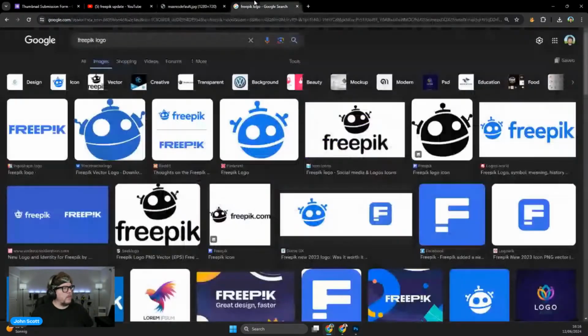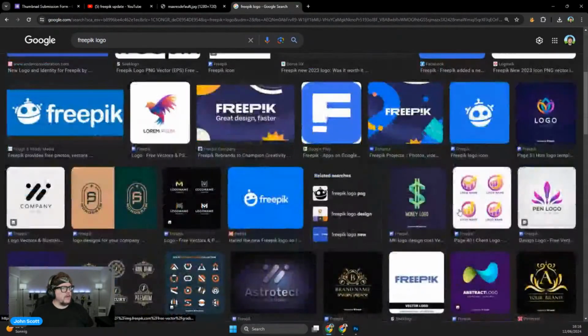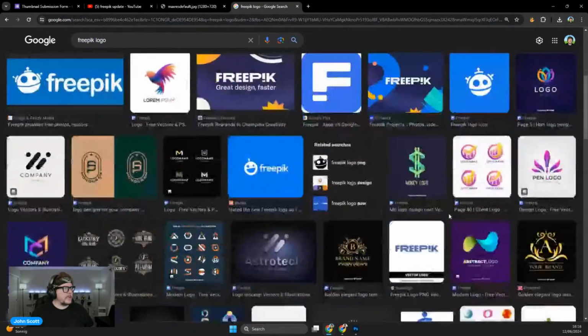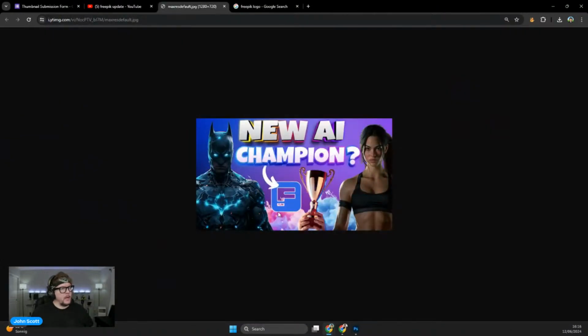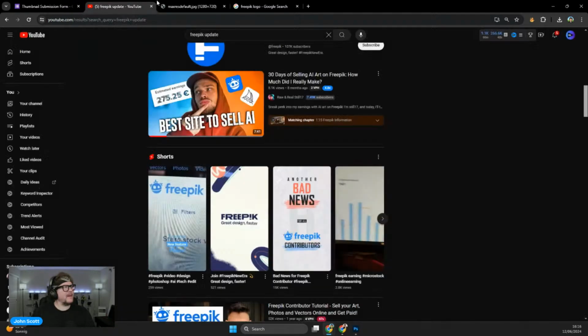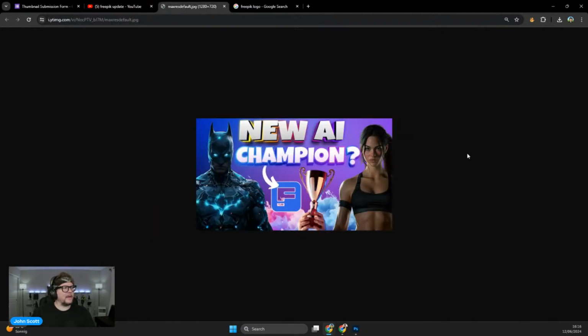Okay, so the blue and white might be something to focus on, because what you have is sort of like a cutout situation. Maybe fill that in with white. That might catch eyes a little bit. I assume that these characters are results of the update. New AI champion. I think maybe it's the fact that it's Batman. They look like game characters, so I'm getting game impressions. Like it's looking like a video about a game to me.